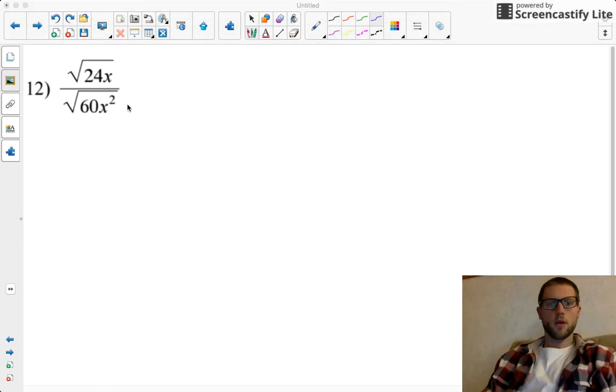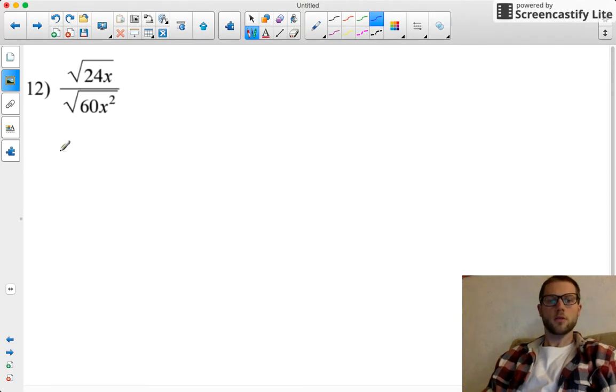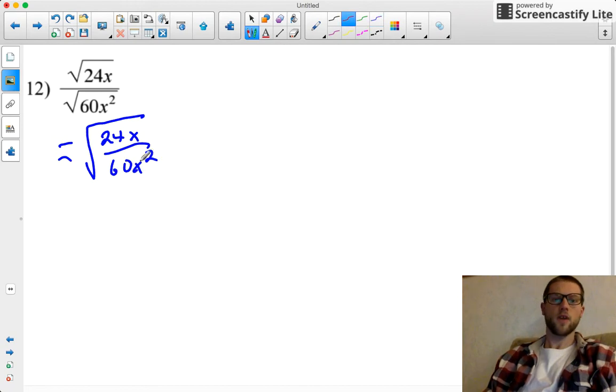All right, for this problem here, we are dividing the square root of 24x by the square root of 60x squared. So let's start off by using that quotient rule that tells me that the quotient of these radicals is the same thing as the radical of the quotient. So I can rewrite this problem like this,